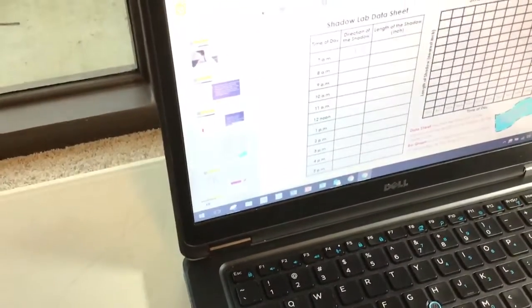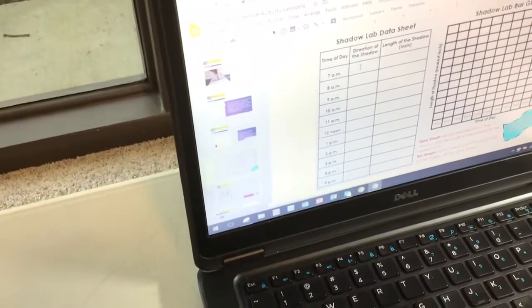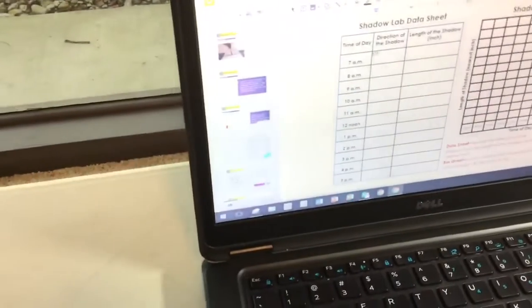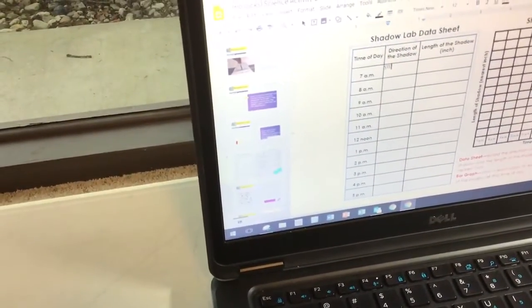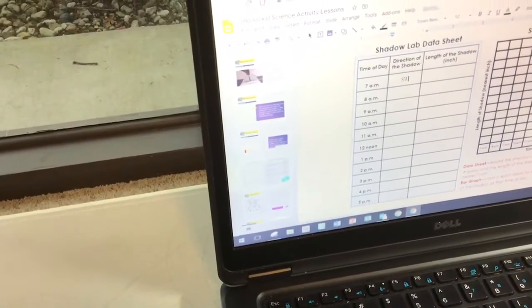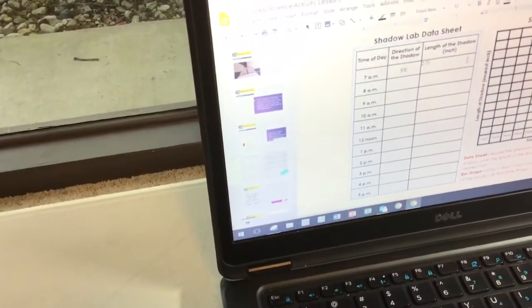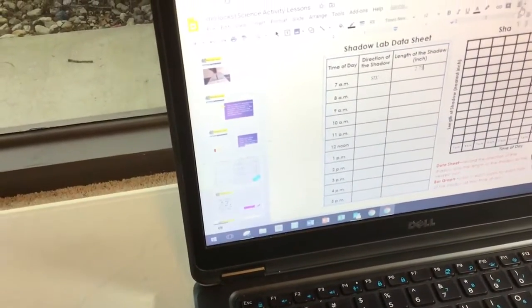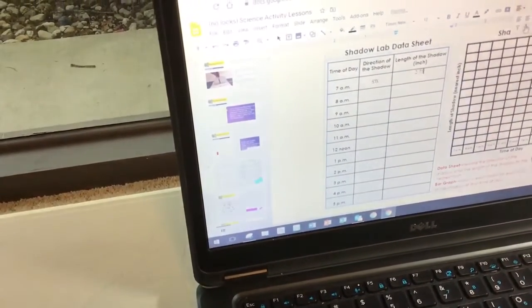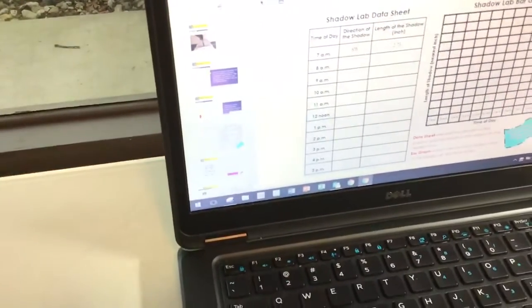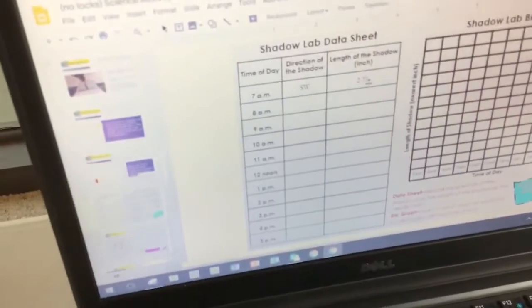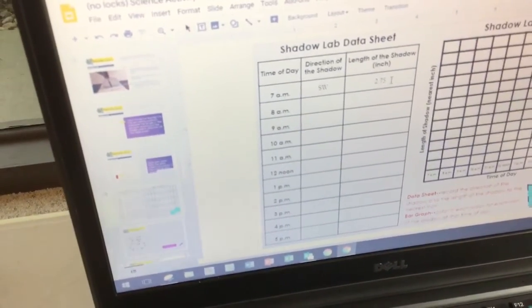Okay, I don't have to do it on this one because I haven't locked it yet, but the shadow right here at 7 a.m. Now this was mine for the object that I did, okay, but the direction of the shadow was SW, southwest, okay, and I'm just going to put that in the middle because that would drive me crazy that that's not in the middle. Okay. All right, so southwest, and then the length of the shadow to the nearest inch, I'm going to do 2.75 inches, okay? And that's what it was. Now you're just going to insert a text box, which is a little bit different than what that is. So make sure you put in the direction, and then make sure you put in the length of the shadow,